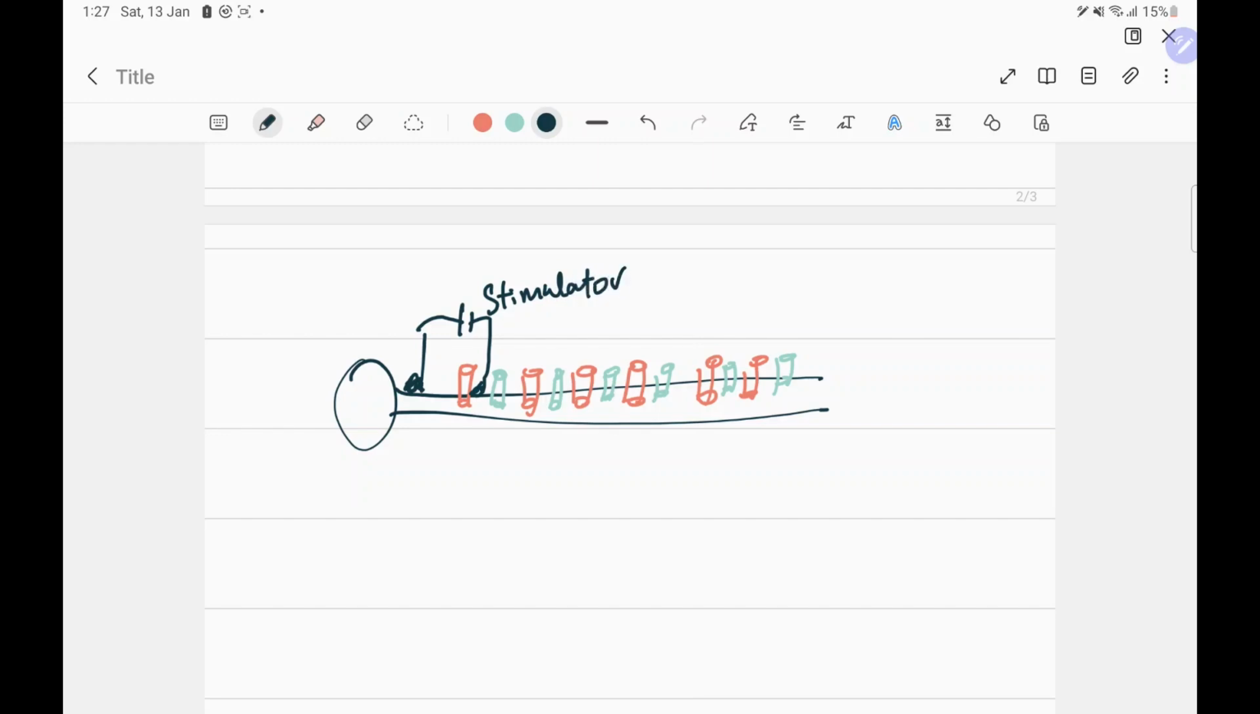Now what does the stimulator do? It can make a catalytic current, get electric